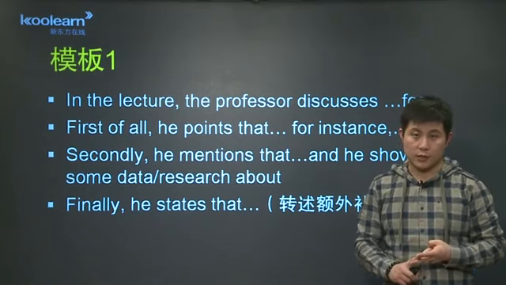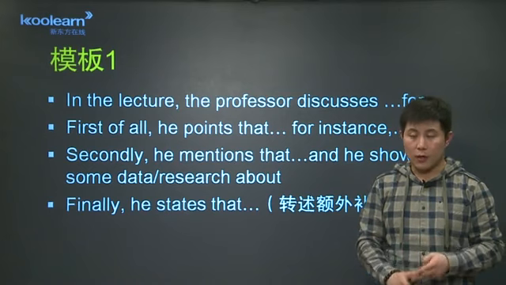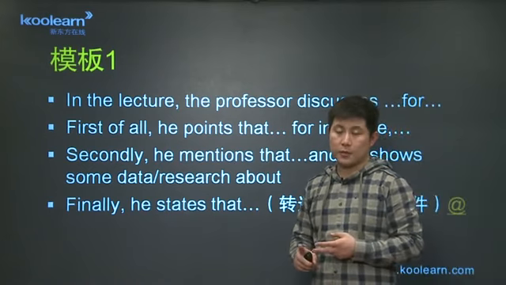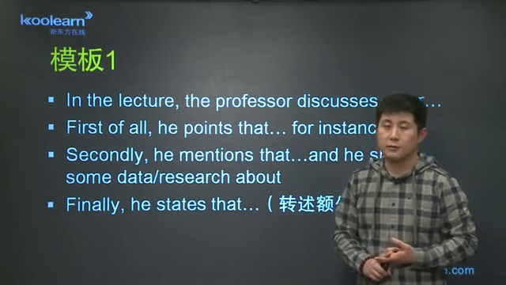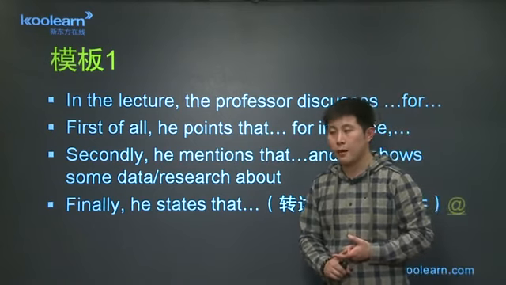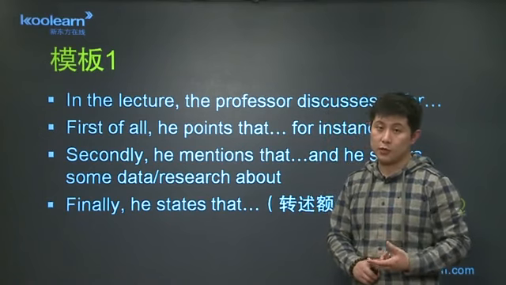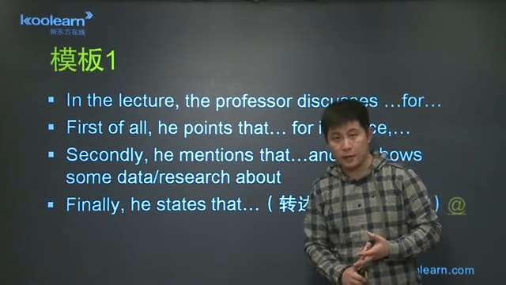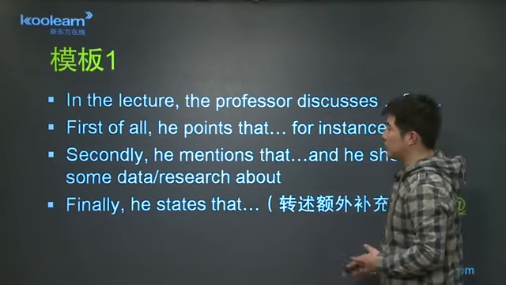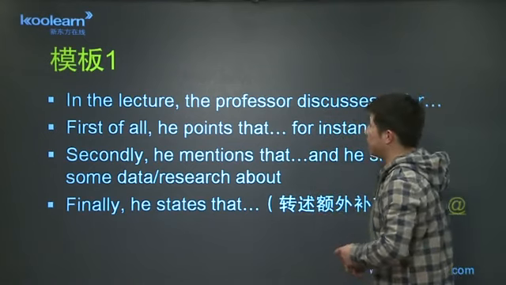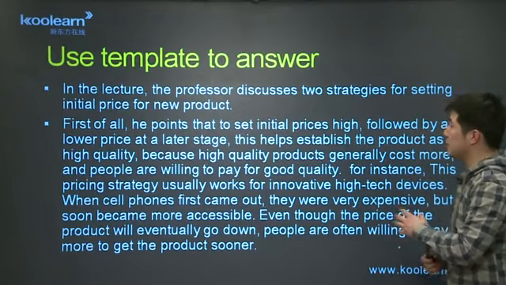The second strategy is to set initial price low. Each has an explanation: set initial price high, then followed by a lower price, in order to build a high quality image. The second, set initial price low, is to undercut its competitors. So when speaking we should include these, with explanations and examples. If we use the template to answer the question,